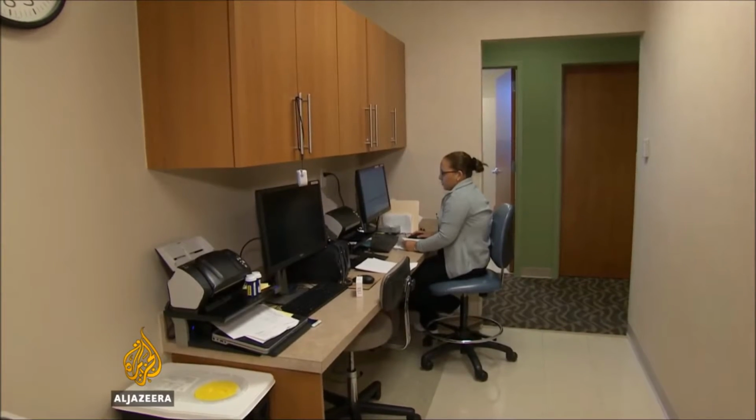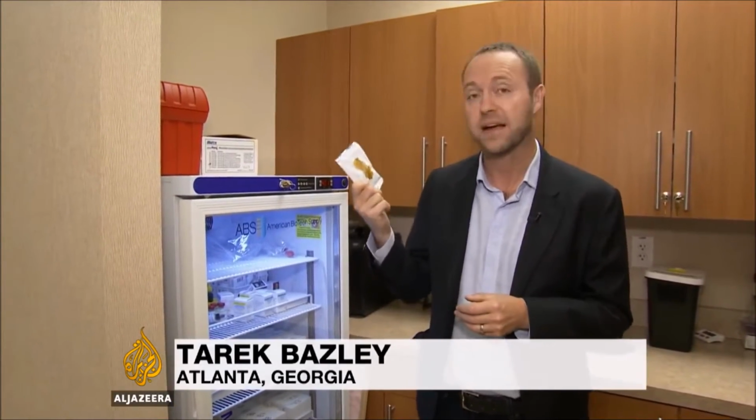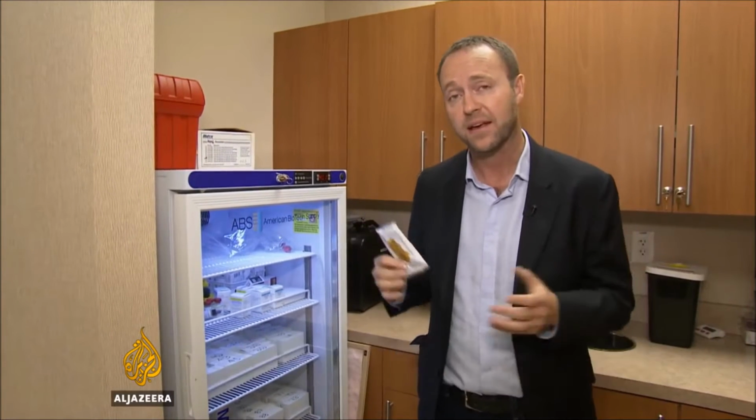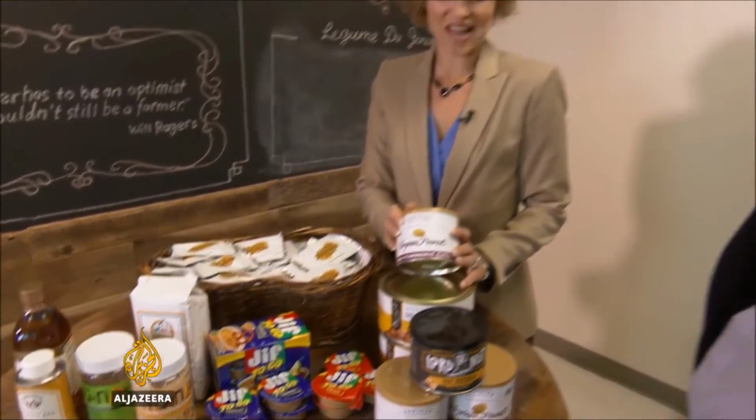This small clinic run by just one doctor has effectively treated 35 patients with peanut allergies in the last year. Many of them now eat peanuts freely without any fear of a reaction. It's a technique that's caught on across the US, with over 60 specialists now offering this treatment for those with peanut allergies. Starting from this side, we've got some snack peanuts, which are...